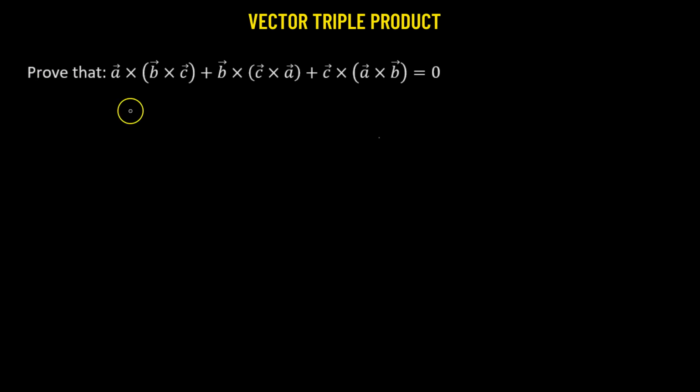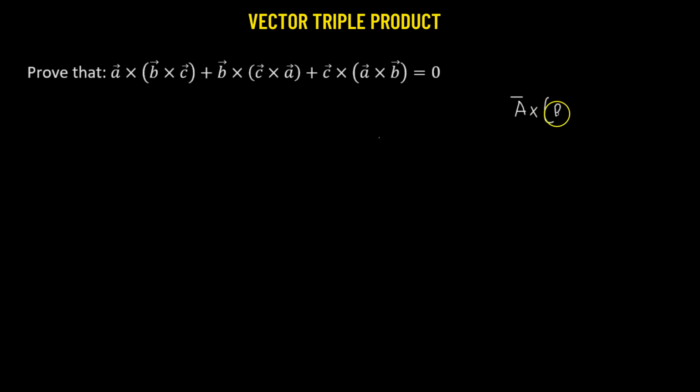So here we have to prove that the vector cross product of A, B and C plus B, C and A plus C, A and B is equal to 0. In order to prove this particular question, we are going to use the idea that if we have a vector